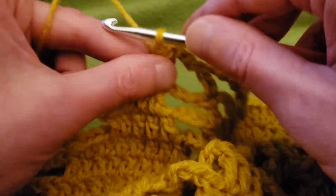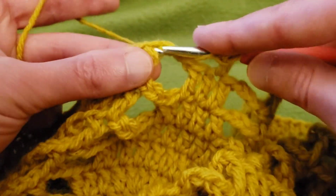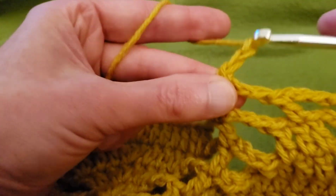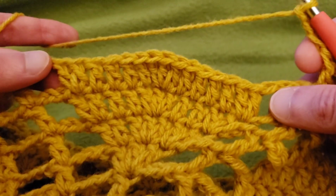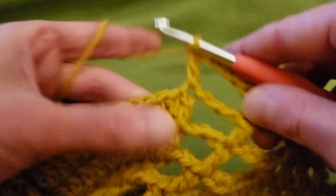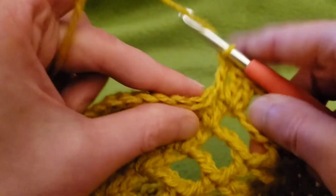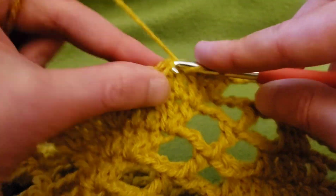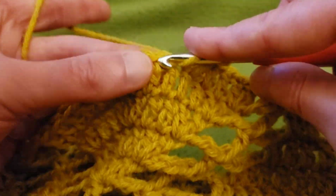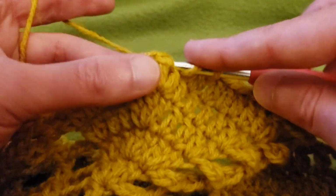There we go. And then back to where we were by chaining 3, double crochet into the freestanding stitch, scoot the work over, chain 3, and back to a mega increase. Okay, so 2 doubles into the first, then 6 normal double crochets, 1, 2, 3, 4, 5, and 6, 3 doubles into the next stitch,